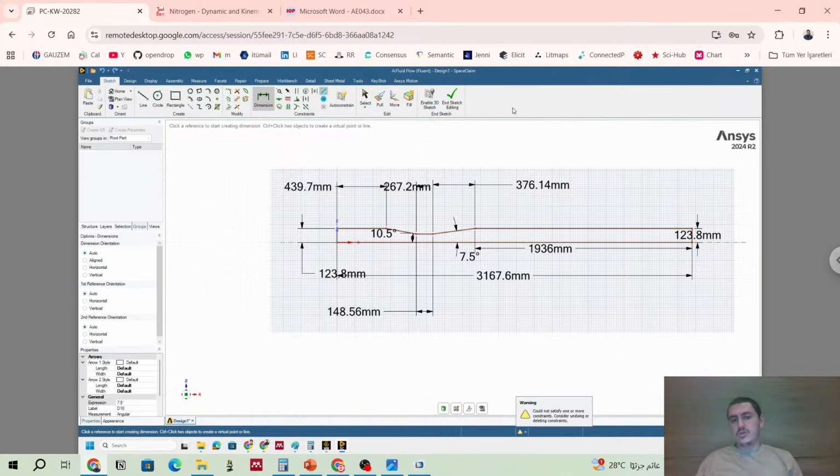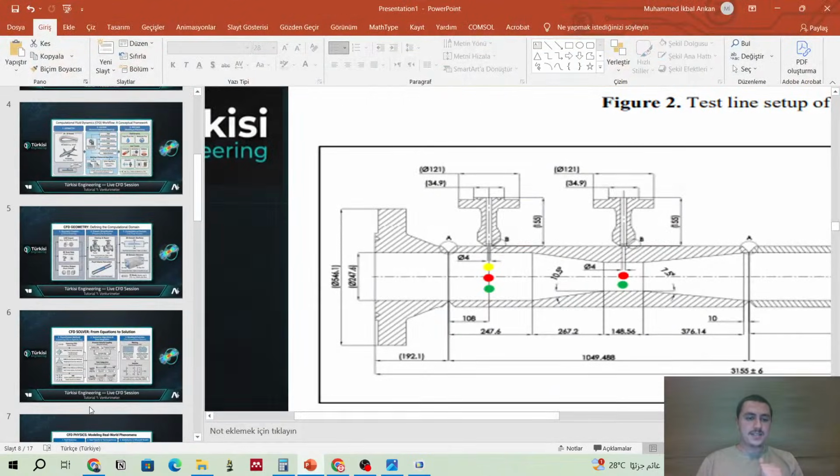But in this tutorial, I didn't want to use Siemens NX because maybe you are a SolidWorks user, or maybe you don't know any CAD software, but you want to learn how to draw in ANSYS because maybe this is the only license that you have. You don't have other licenses. So don't worry, we will also learn how to draw by Space Claim and by COMSOL, but it's not that comfortable. Why? Let me explain briefly. Because, my dear friend,